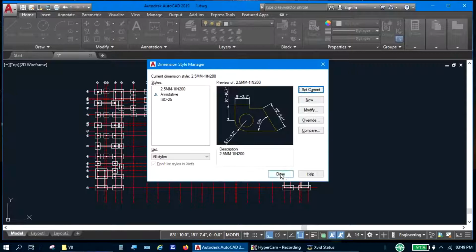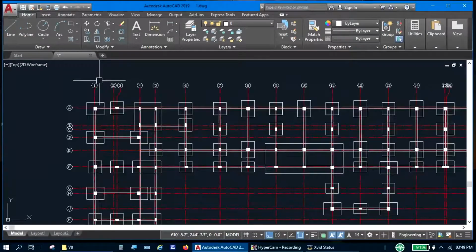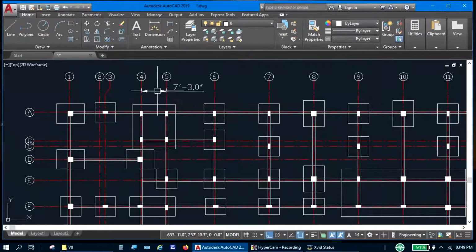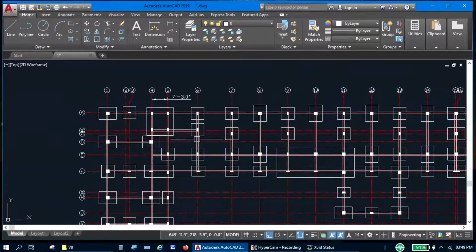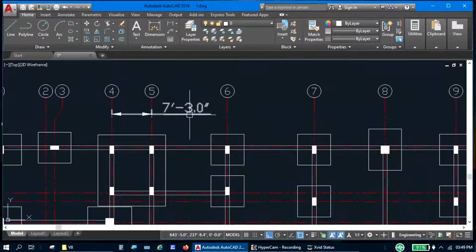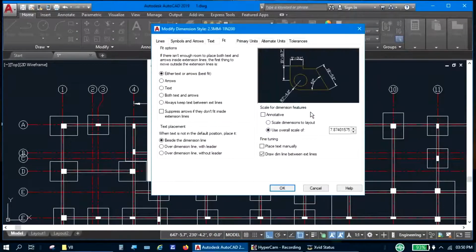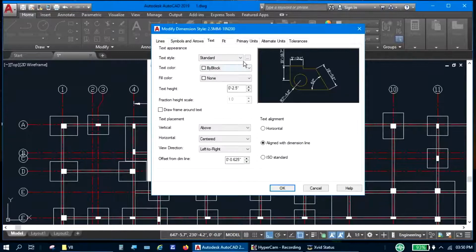OK, set current and close it. Now for an example, I am going to enter some dimensions between the grids. I am going to modify text and arrow to fit inside the dimension line according to my requirement.